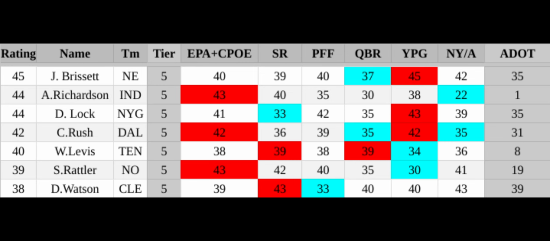Meaning, if you get 5 yards on 1st and 10, that's pretty good. And if you get 5 yards, though, on 3rd and 15, not so much. PFF, I have a video that breaks that down. Quarterback rating is the good one, it's ESPN's version. Yards per game, I think that's pretty self explanatory.